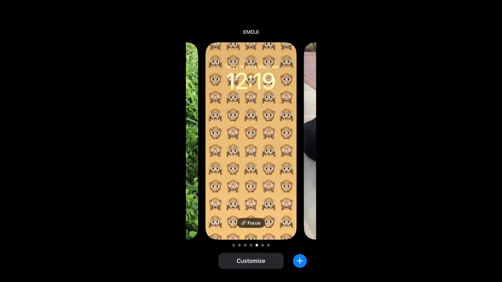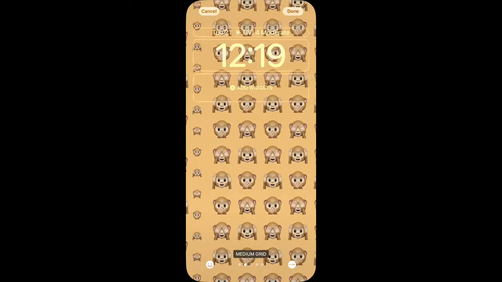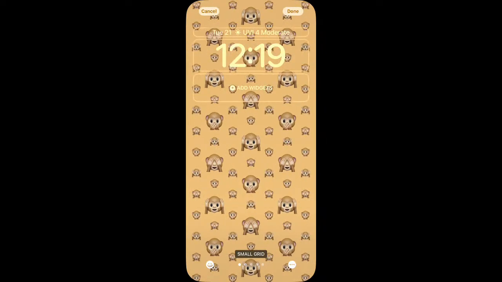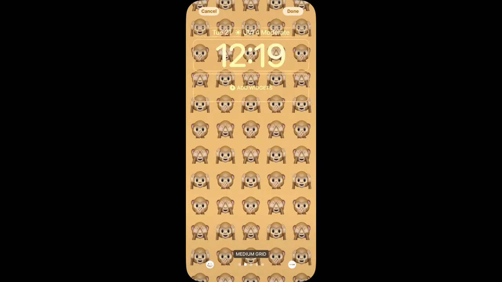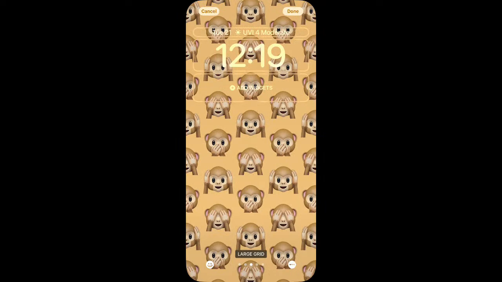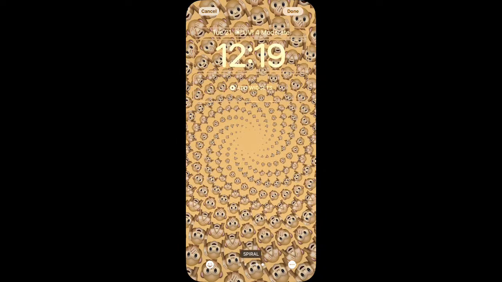So the emoji is kind of interesting. So here we have some choices. We have a small grid, we have a medium grid, a large grid, rings, and spiral. And then we can